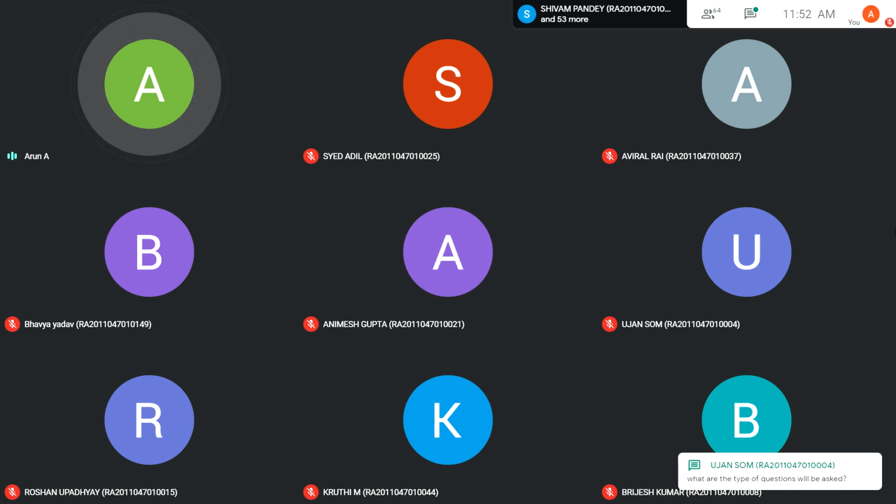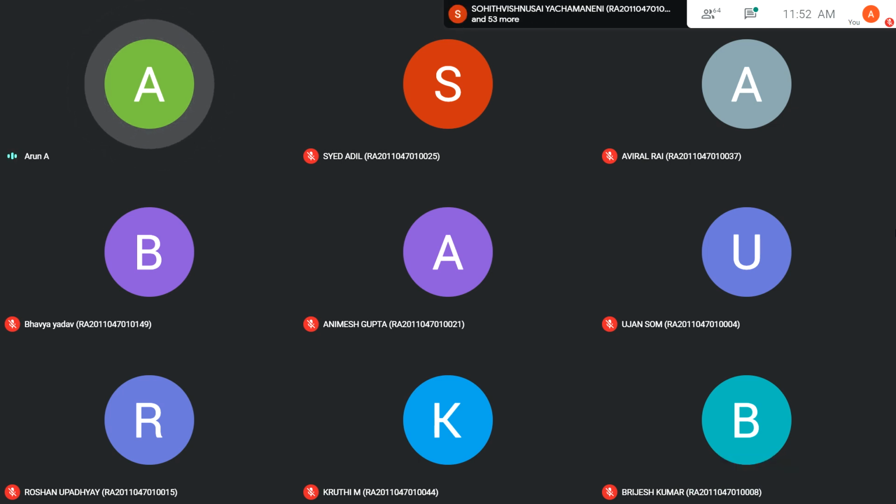So this is what I thought of telling you. As for what types of questions will be asked, that's what Ujan asked, it hasn't been figured out yet. We haven't been told to prepare the question paper or anything. See, there are 2 types of patterns. What we used to do for third years and final years is the MCQ pattern, multiple choice questions. Maybe 50 marks of MCQ. It can have choose the best answer, fill in the blanks kind of questions.